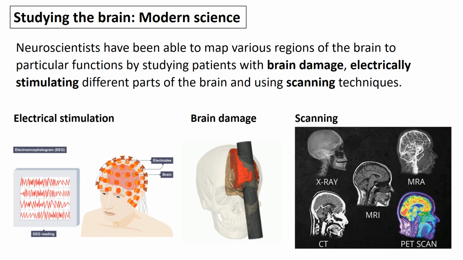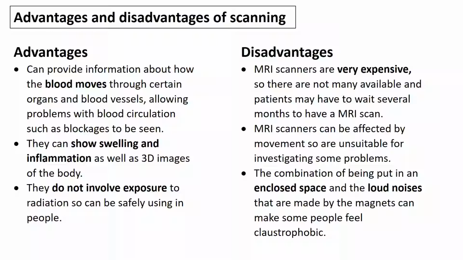And then we've obviously got scanning techniques. Some of you may have had some of these, things like X-rays and MRI scans and CT scans and PET scans, and they can all help us to have a picture of how the brain works and help us to see actually what is going on inside the brain just using these scanning techniques. The advantages of those sorts of new techniques like scanning is that we can start to look at how the blood moves through the organs and blood vessels in the brain. You can see any blockages and things like that. It can show swelling and inflammation as well as other 3D images, and it doesn't expose patients to radiation, so